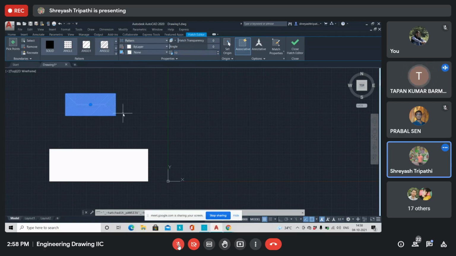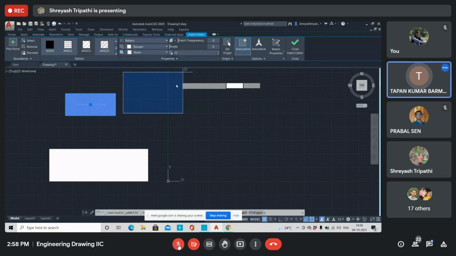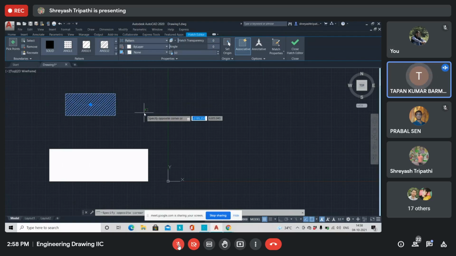Again you change it. Increase the value. Make it 50 say. Understand? So that is the reason why for your case it was so dense that you cannot differentiate the lines.